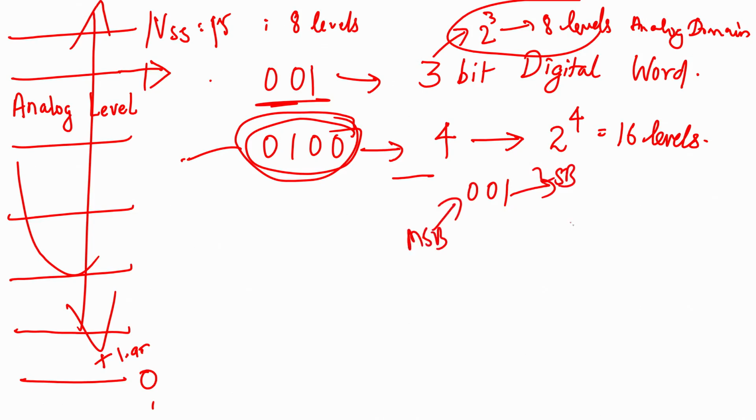Now you start multiplying and adding with 2 raised to 0, 2 raised to 1, 2 raised to 2, etc., and you will immediately tell me the analog voltage level, those who are aware of it. But then why each of these things is in such a way, that we need to understand. Then that will also give us the answer to why one digit is called least significant bit and the other digit is called most significant bit. Okay.